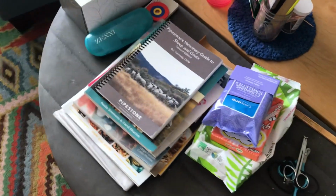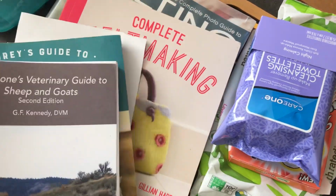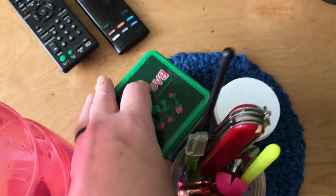That's right. You know that I'm never not busy, so I have a lot of my little project stuff over here too. Books on sheep and things like that. I always have little projects that I'm working on. Some books on felting. This is for making pom-poms. This is some needles for needle felting when I'm working with wool. This is bag balm for when my hands get really rough and need to be moisturized. This is a box with some of my wool stuff that I'm always working on. This is some raw wool that I've been carding. So yeah,